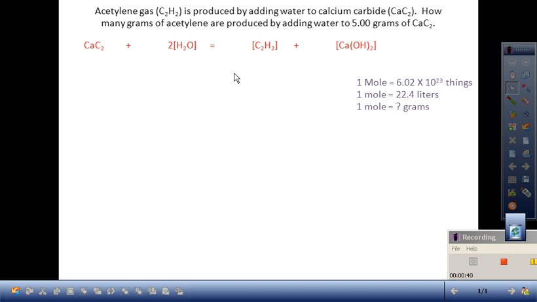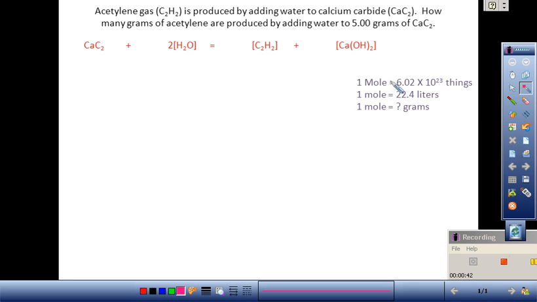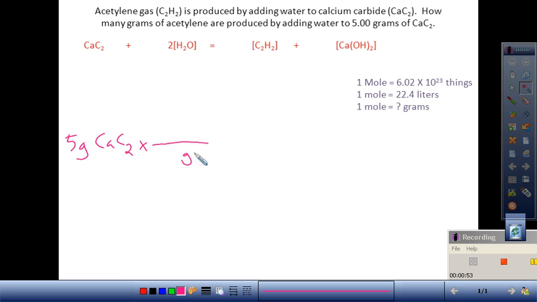So this is my given. Let's get a pen going. My given is 5 grams of CaC2. I'm always going to start off by writing it down here. Now grams, I can only change grams to one thing, and that's to moles. So I'm going to go moles up here of my same chemical,